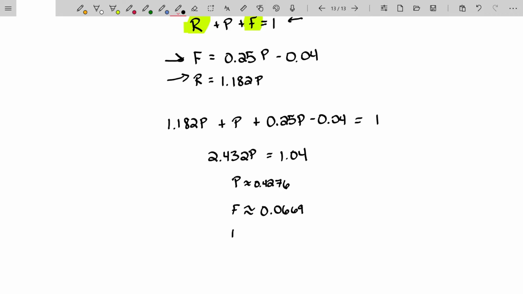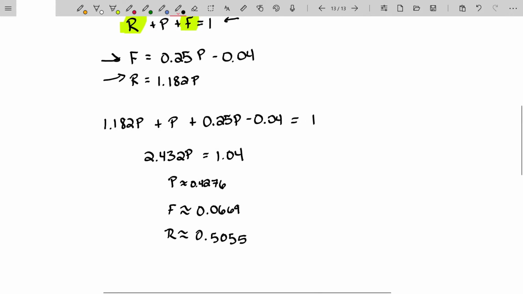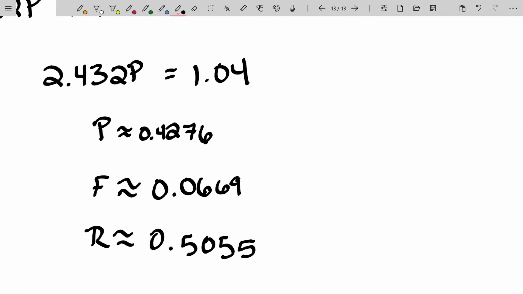And then red meat, again, just taking 1.182 and multiplying it by the percentage for poultry, and we get roughly 0.5055. So now changing those to percentages, we see that the amount of poultry eaten in the United States